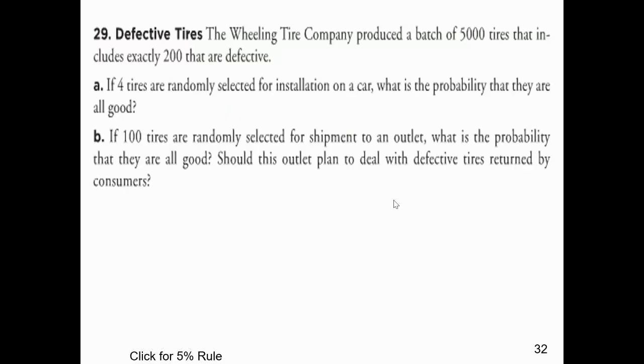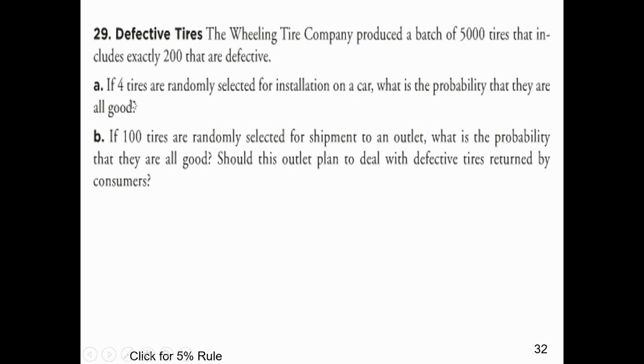All right, the Wheel and Tire Company produces a batch of 5,000 tires, and 200 are defective. Right away, before I even start reading anything else, if I get 5,000 tires, 200 are defective, that must mean the remaining 4,800 have no defects. He's not telling me this, but I know you get the idea. There's always a little piece missing. The piece missing is you got to be thinking deductively. Have your head screwed on right. Take the 5,000, subtract the 200. Hey, 4,800